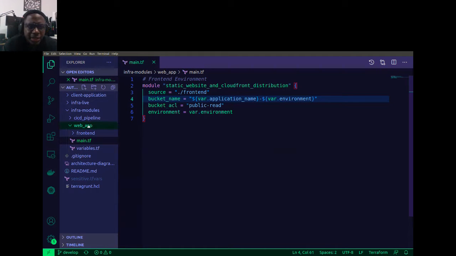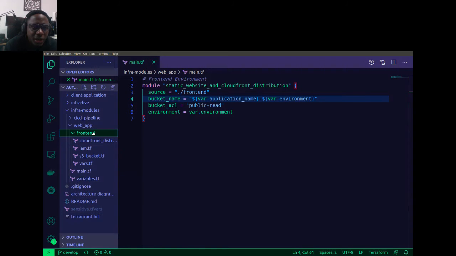And so inside of the web app, in the main file over here, you can see we've got this module that we've created. And the module, like I said, is a logical grouping or a container for different resources. Firstly, we'd have to point it to a particular source. And I should mention, it doesn't have to be a local source. In this particular case, it is. It's pointing to the front end folder. If you have your module in a separate repository, that could still work, and you can enter it over here as a source, whether your repo is in GitHub or Bitbucket, etc., and you'd specify the source over there. But also inside of a module, a specific folder, like in this case, front end, we've got our